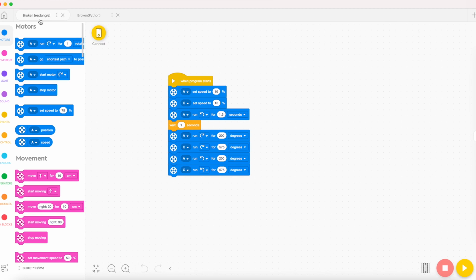First, A will run counterclockwise for 1.5 seconds. This is because when they start the rectangle, they need a head start on the top left corner so that they can begin the rectangle. Next, you wait for 1 second, and this is the